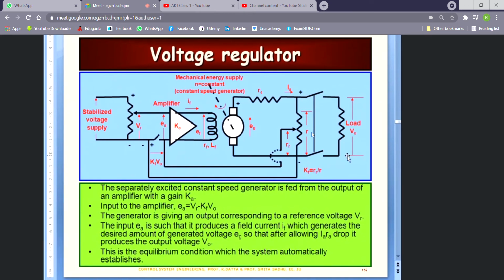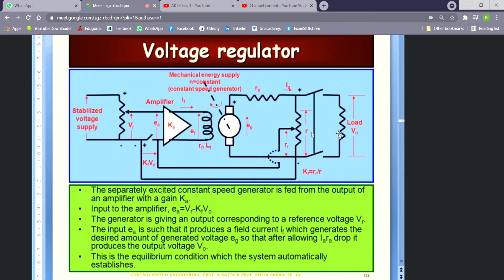Now, as far as what is shown over here, the load is shown separately. You can see that this is the load shown as a resistance, and the voltage across the load is VO, O for output. Sometimes I tend to say 0, but basically it's VO for the output, right? Now, the connection over here is shown as open. So now let us say that we have a particular arrangement over here such that there is a resistive element and a pointer, so that a portion of the voltage at the output side is going to be fed back via this arrangement.